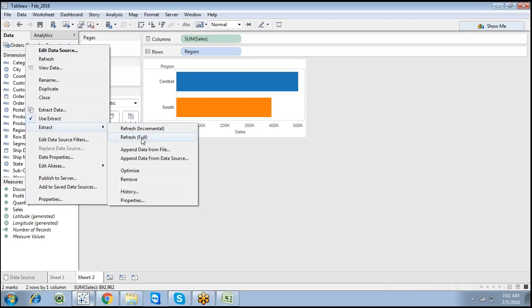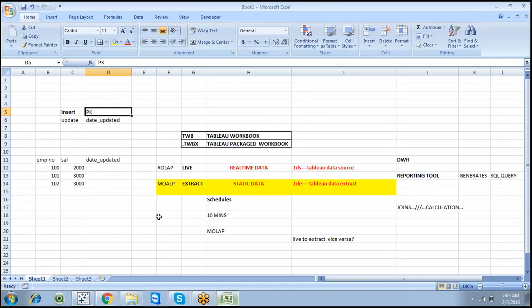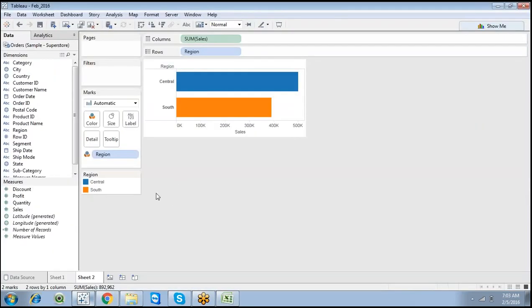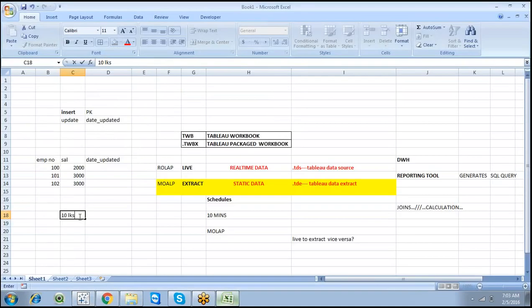If you want to go for a full refresh, you can do that, or if you want to go for a refresh incremental, you can go with an incremental refresh. It gives better performance, because if we have 10 lakhs records, a full refresh every time is not possible because it takes 1 or 2 hours to load that data again.